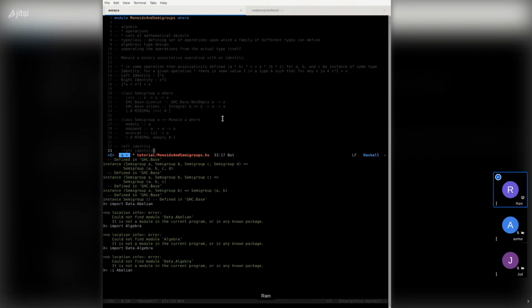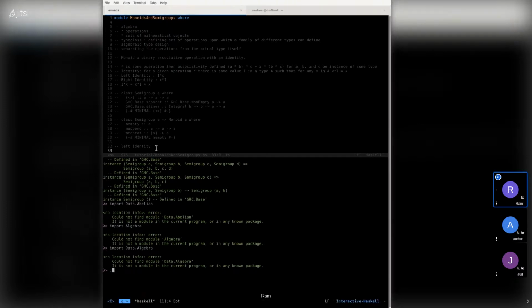And again, I will write some executable code for this, but we'll go through the instance of, say, integers to break it down a little bit.